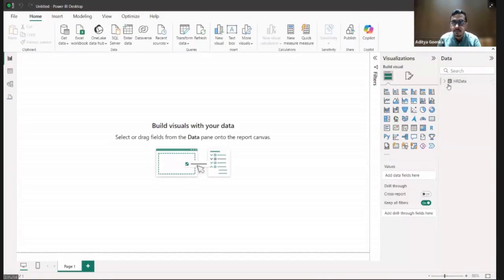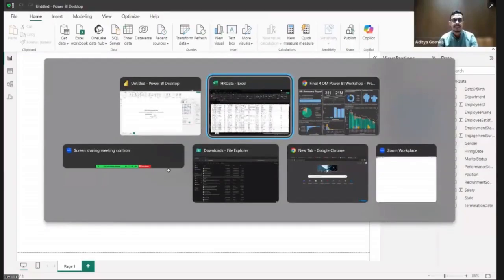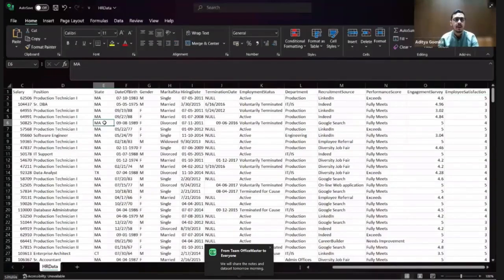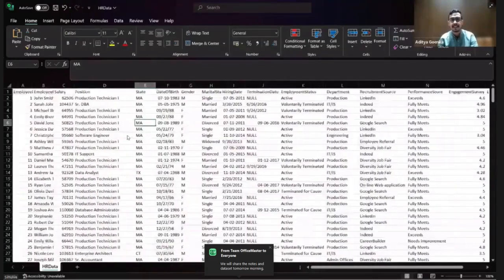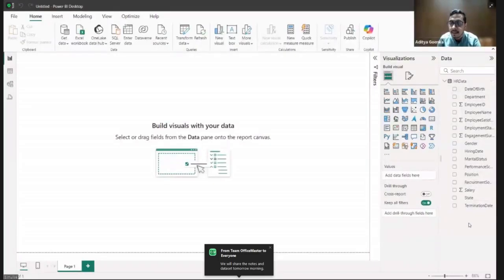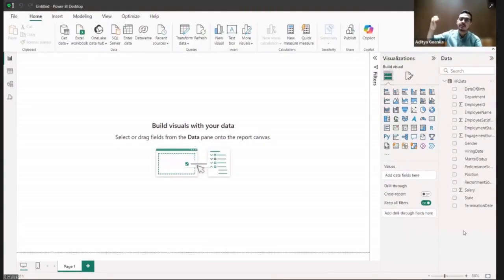If it was blank earlier, now this HR data, the entire data set with all the columns, has been uploaded in the Power BI window, and that is why if you click over here, you will see all the columns. All the columns from this particular Excel file have come to our data pane, as you can see over here. Is everyone with me so far? Can I get a response in the chat box if everyone is with me?